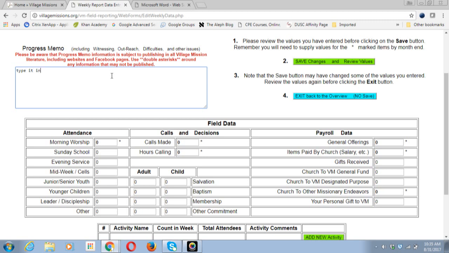All right, and then you just tab and it will bring you down to the field data information. Take a look at your red manual. There's information about all this data that's being collected. If you have any questions, either look there, call me, or talk to your DR. Briefly, I will show you or talk about the payroll data, but everything else in the attendance and calls and